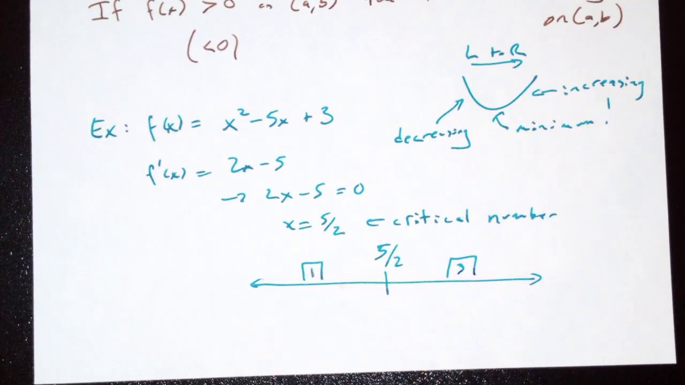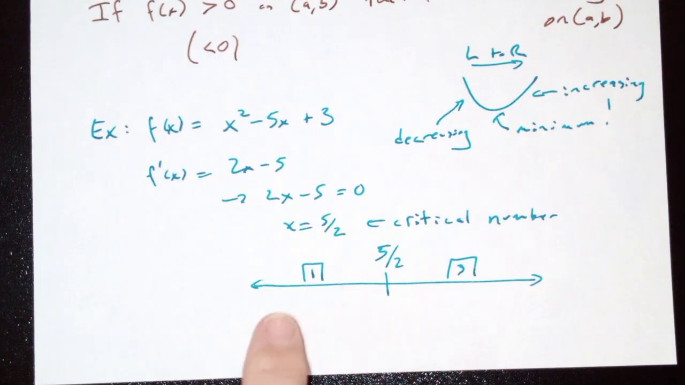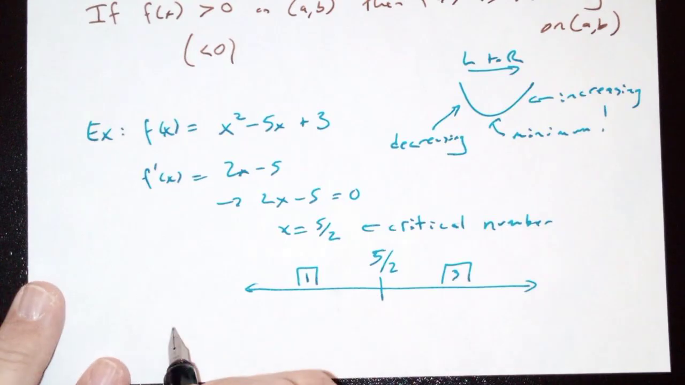Whatever happens to my derivative on the left side of 5 halves is the same for any number you plug in. Because if my function is continuous, the only way it changes from negative to positive or positive to negative is to go through 0. And the only place we have a 0 is here. So whether you're going to get a plus or a minus over here doesn't matter which number you plug in, any number will do. So if I take 1 and I plug it in to f prime of x,